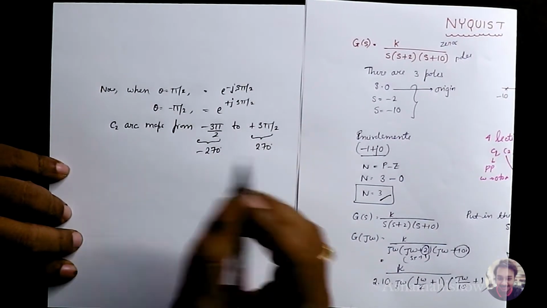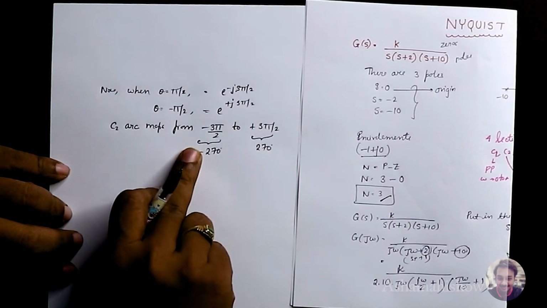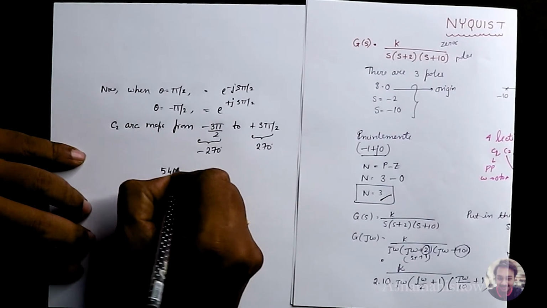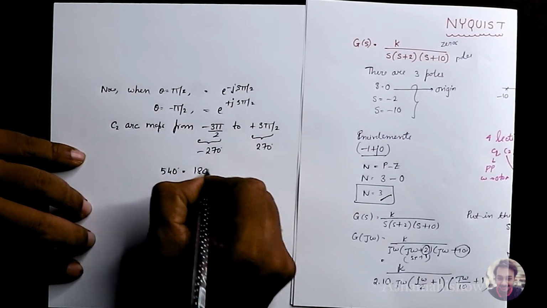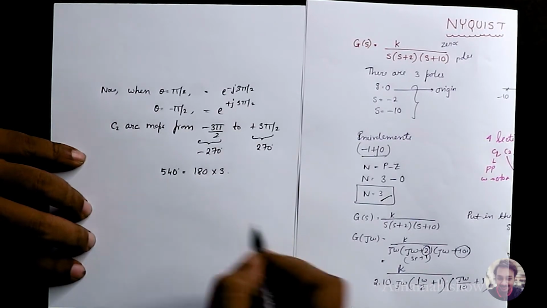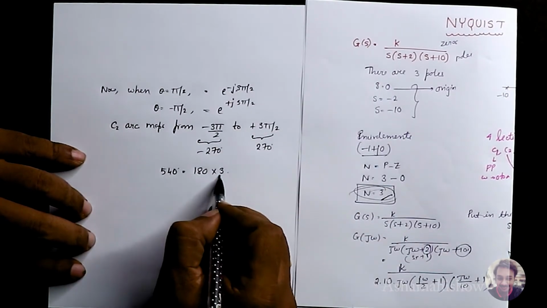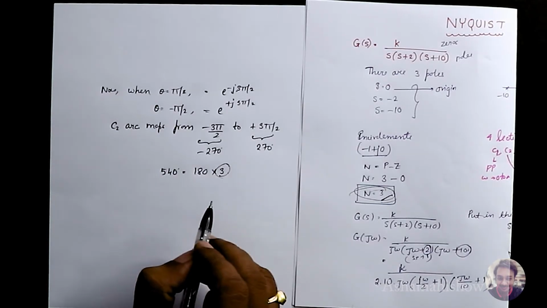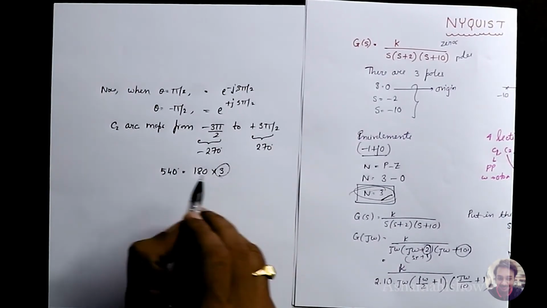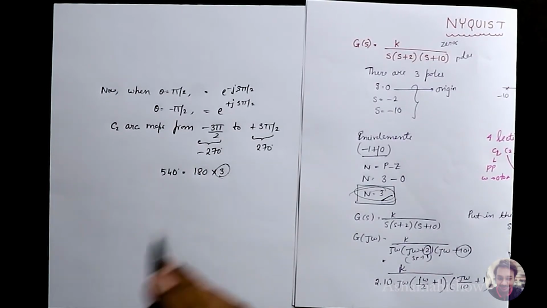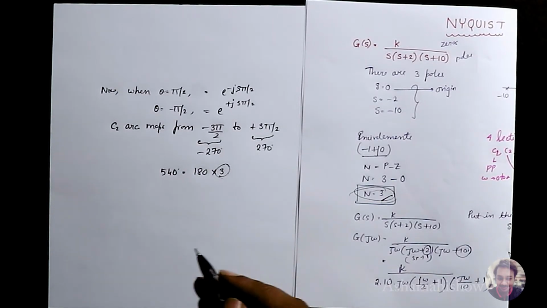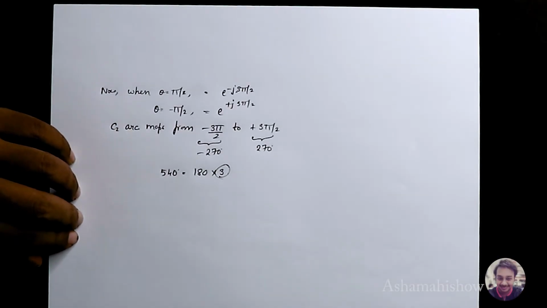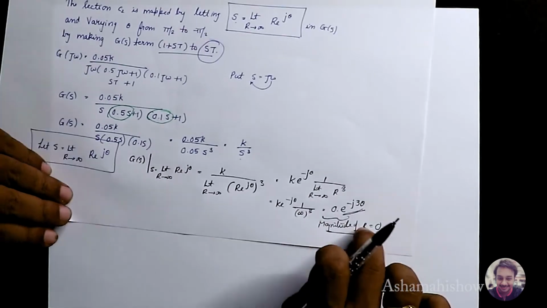So minus 270, I'll tell you: 270 plus 270, you make it. Okay, don't take this minus here. So 270 becomes 540, and your 540 is nothing but 180 degrees into 3. So your n equal to 3 is right, because your circle will go 3 times with 180 degrees angle. So your C2 should rotate 3 times, and your magnitude of R is 0, from the previous thing what we got.